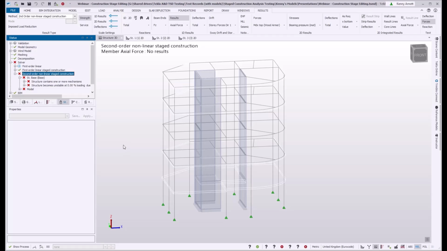So that is one of the dangers as you start to move things around. In a concrete building, generally, if you haven't got releases, then it's a bit more tolerant of that. If you've got members with pins in them, and some people do pin the columns even in concrete buildings, then it's relatively easy to create stages that, if you're trying to get too sophisticated with it, are inherently unstable in their own right. But I think that brings me to the end of this short video.